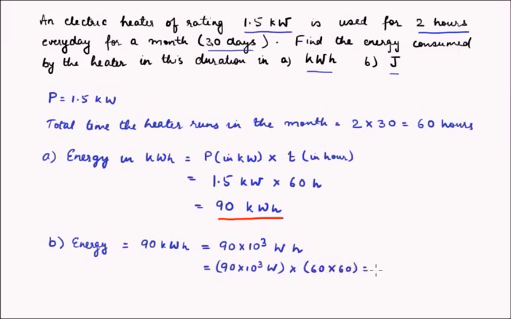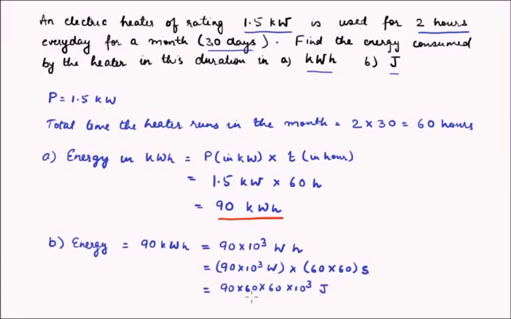So this is in seconds. Now we have watt second, and we know that watt times second is basically joule. So we have the values 90 into 60 into 60 into 10 to the power 3